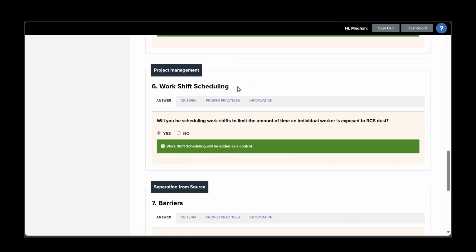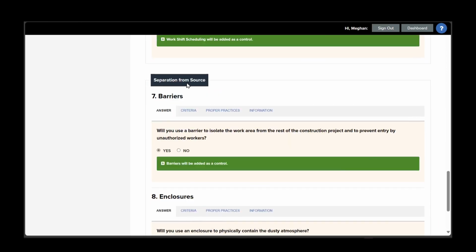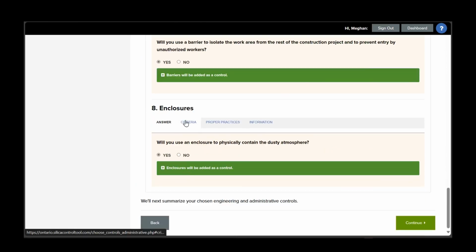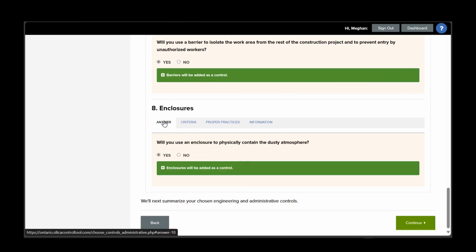Will work shift scheduling be considered as a way to limit the amount of time a worker is exposed to RCS dust? Could be yes, could be no. Let's select yes, just to keep everything in the green. And then separation from source, both enclosures and barriers. So barriers would be something along the lines of pylons or caution tape. An enclosure would be more so along the lines of a full enclosure with poly sheeting and something that's been constructed, usually using HEPA airflow to collect and really isolate that work area to prevent